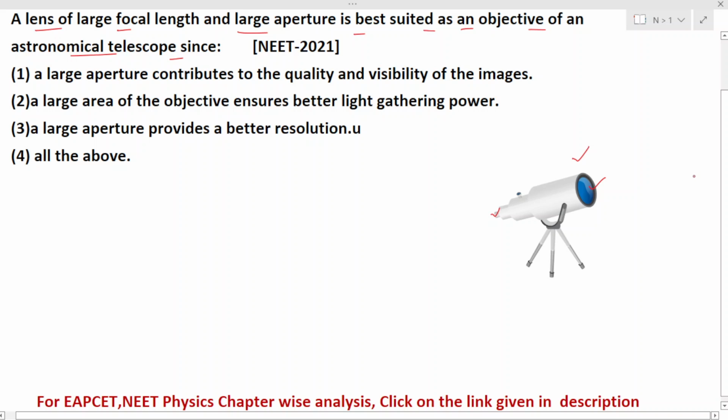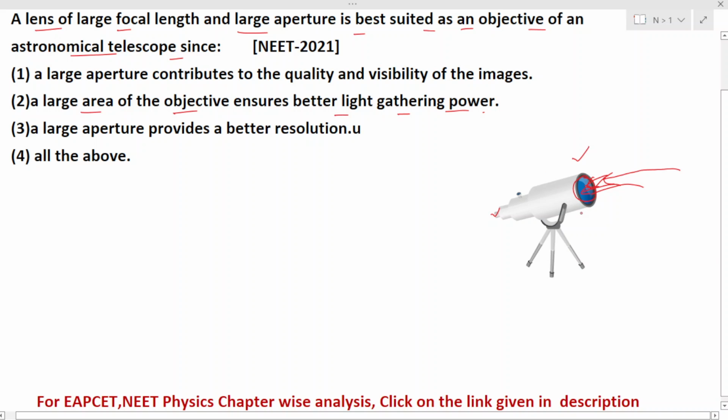Since moon and stars are at a large distance, the amount of light entering the objective will be less. Now if the aperture of the objective is more, then what happens? More amount of light will be collected by the objective. So that is our second option, that is larger area of the objective ensures better light gathering power. So if the aperture area is more, then more rays will pass, that is this telescope will collect